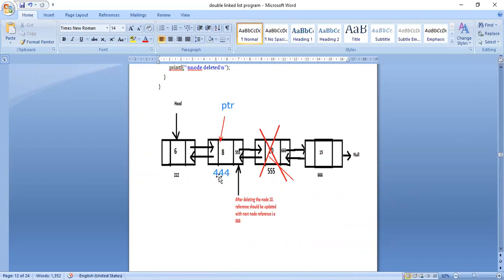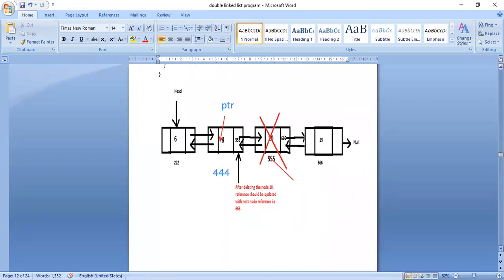So ptr is equal to 444. Now in the next part, only one node is there, that is 20. So what will happen? ptr of next is 555, and in 555 of next, null is there. That means this is the last node. If I want to delete this node, what will I do? ptr of next, instead of 555, if I keep it as null, automatically these two links will be broken, so I will be deleting this node.